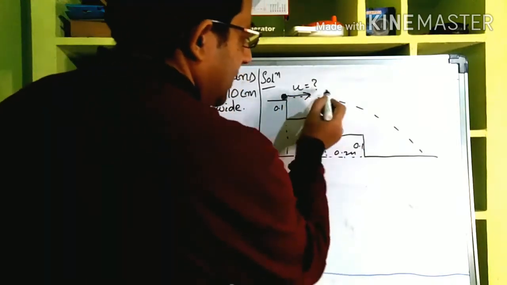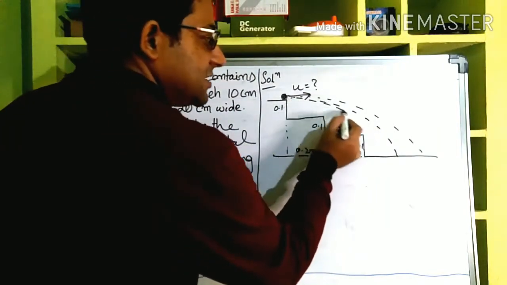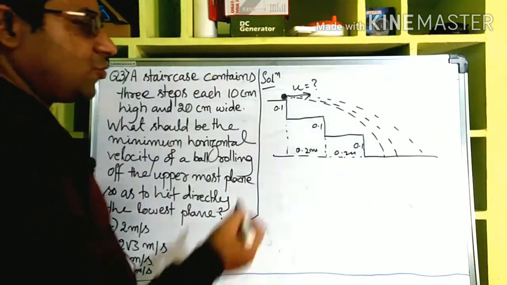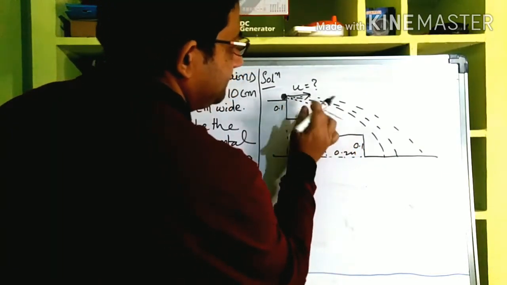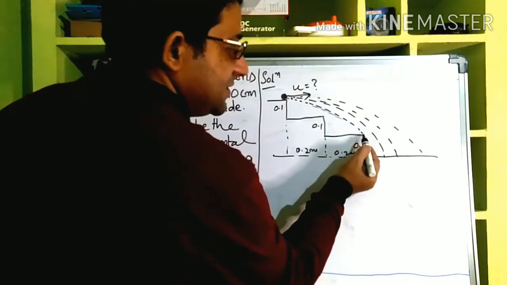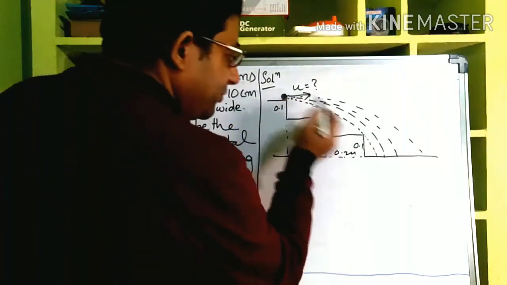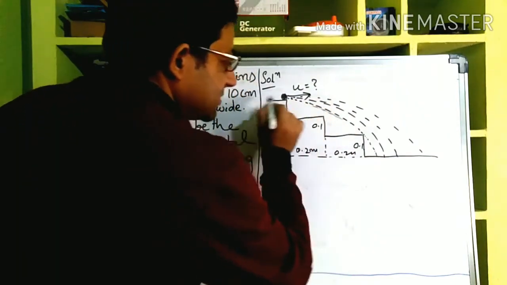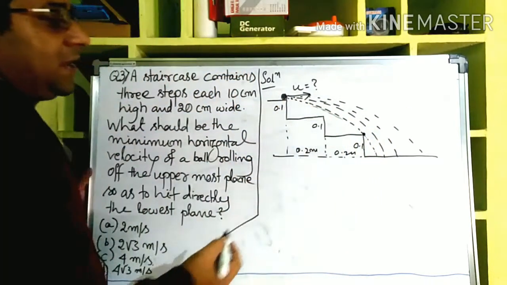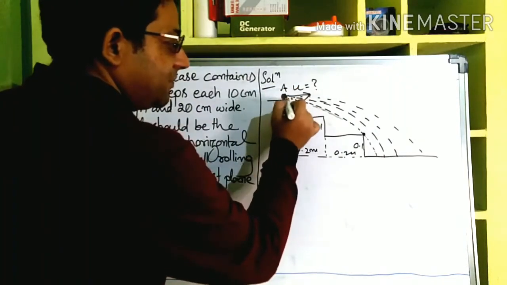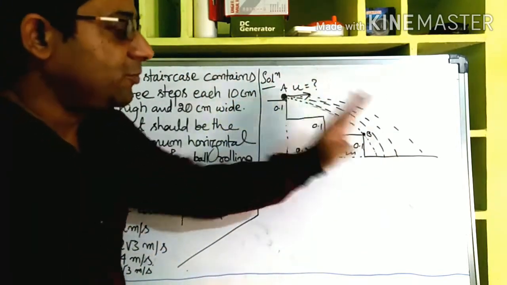Now see, if a little less velocity is there, it will still fall on the ground, right? So what is the minimum velocity? If it can come till this step, then definitely it will fall on the ground only, right? So we have to calculate with what velocity this ball should roll off so that it can reach this point. If it starts leaving at point A, then this point is B. Now our finding is from A to B only.